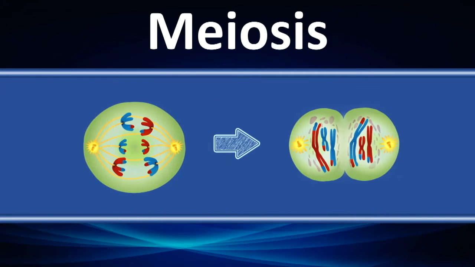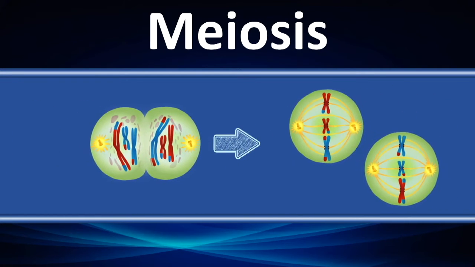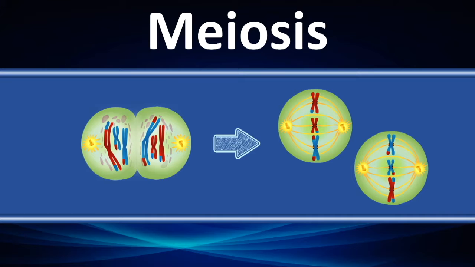So they get pulled off to the side, membranes start to form around that DNA as well, and it starts to split into two cells. The one cell splits into two, and they both have a full complement of the DNA, which is kind of a mixture there. And then from this point, these two cells that were produced are going to undergo something